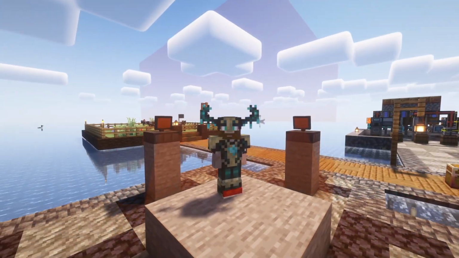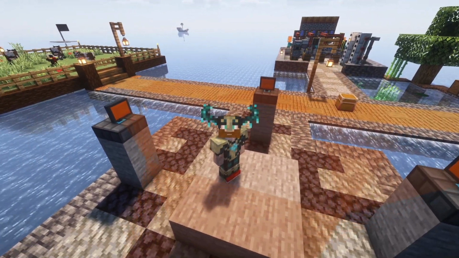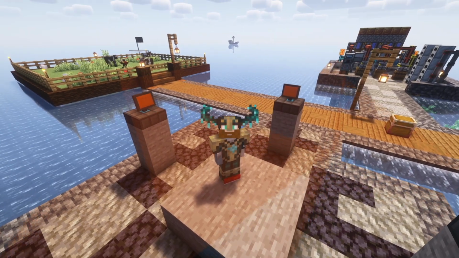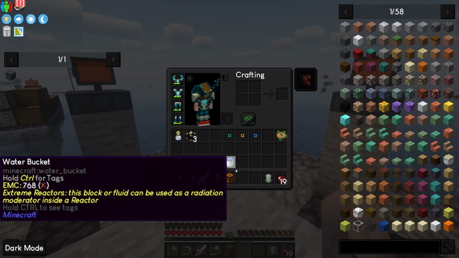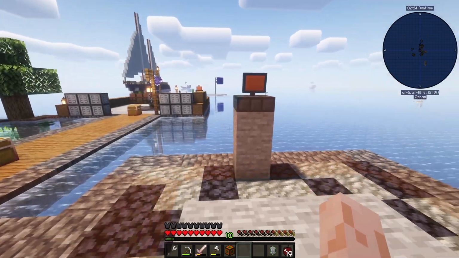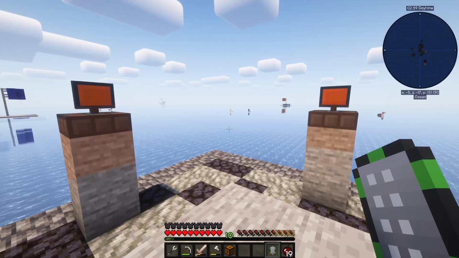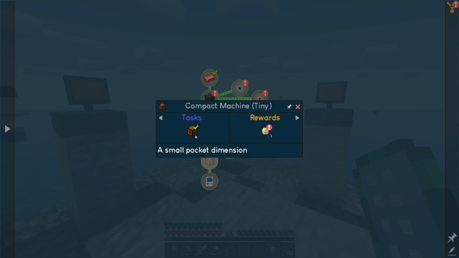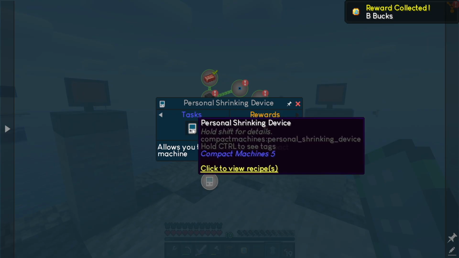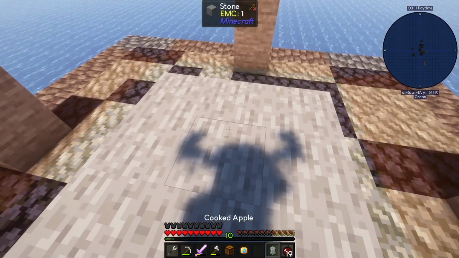That is the most confused I have been in modded Minecraft in a while, but we managed to figure it out. Holy heck, man. This is a mod I've never used before, so that was very confusing, and the instructions were not entirely clear, I guess, or at least I didn't understand them very well, but we managed to get the tiny compact pocket dimension deal. Now we just have to make one of these personal shrinking devices,